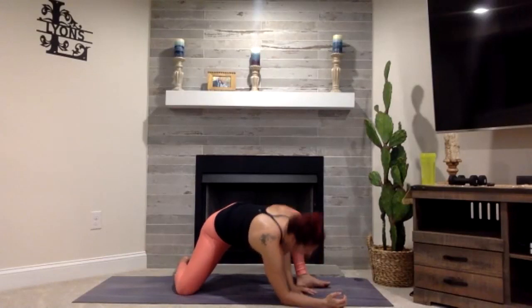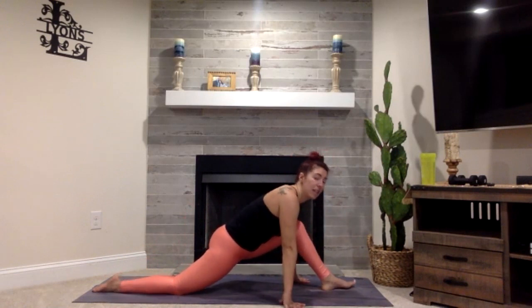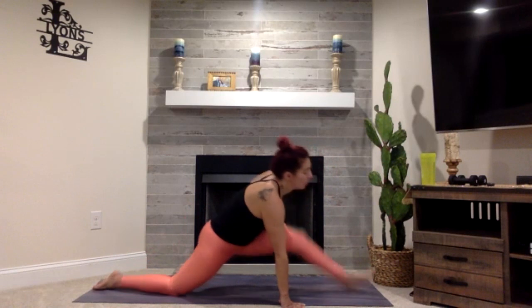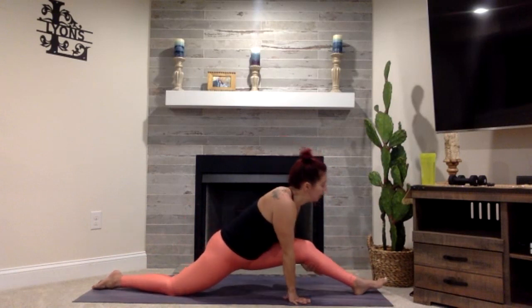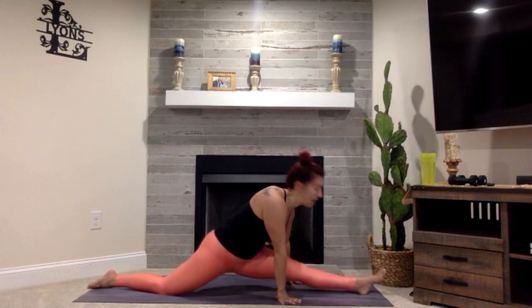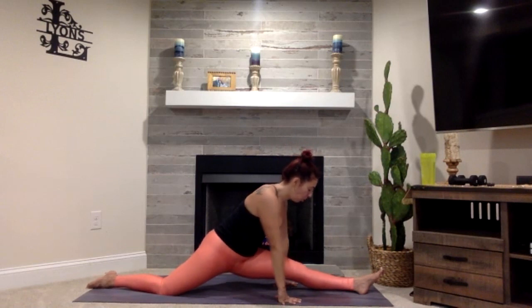Now rising up onto your hands, walking that leg back. So remember, that back leg's already in half of a split. So we're gonna slowly inch this left leg up into a full split. So coming all the way up into our full split. It's so much easier in the studio when you can just slide on your own sweat into your postures. So working with what you got today, holding it here for 3, 2, 1, come on down, find your way